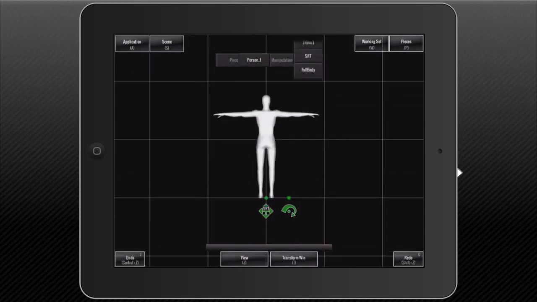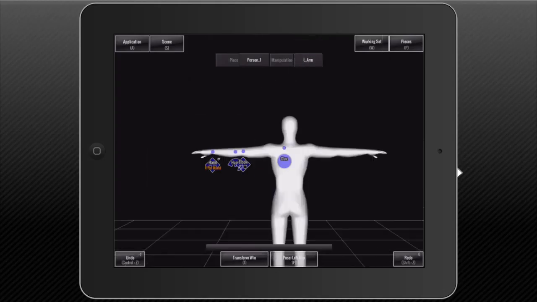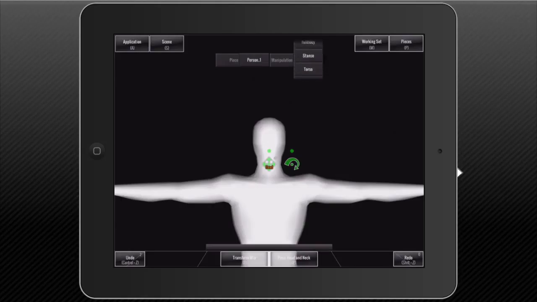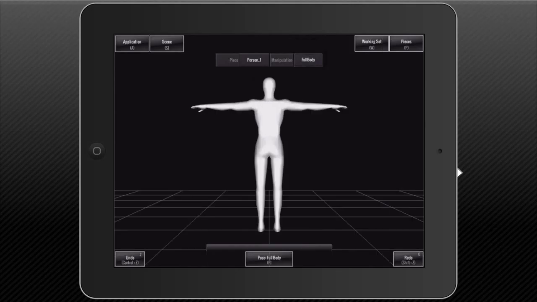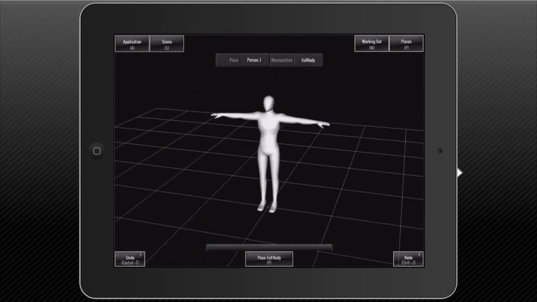So there are a lot of manipulations on the person. There's the SRT, full body, stance, torso, left arm, right arm, head, and neck. And there'll be other videos that go into all of these manipulations individually. But what I want to introduce you to at a top level, a thing that goes across many of these manipulations, is the concept of poses. Poses within Composer are separate assets. They're separate from scenes, and they're meant to be mixed and matched and used to make your workflow faster. So we'll start on the full body manipulation,